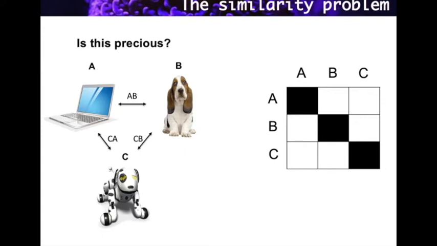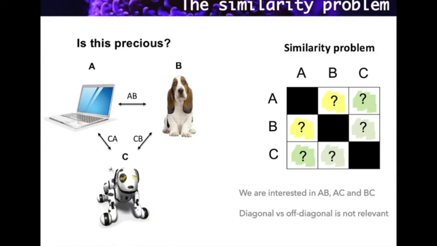Therefore, a way to express this problem would be with a square matrix. In this case, we would speak about a 3x3 matrix. However, as opposed to the classification problem, here the diagonal is not interesting for us. What we aim for is to account for the off-diagonal, as they express the similarity between each pair of the elements at test.